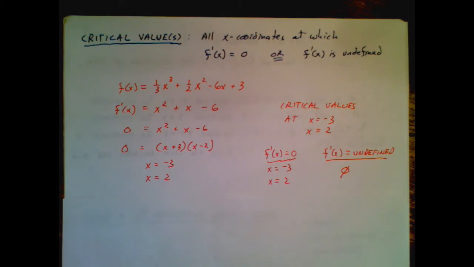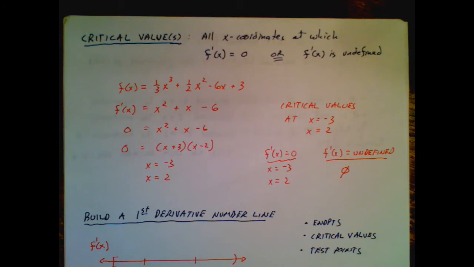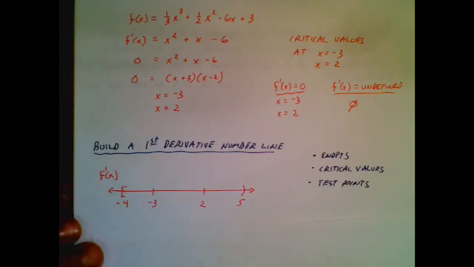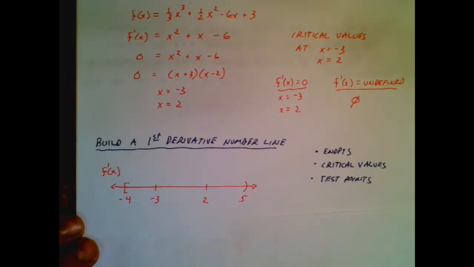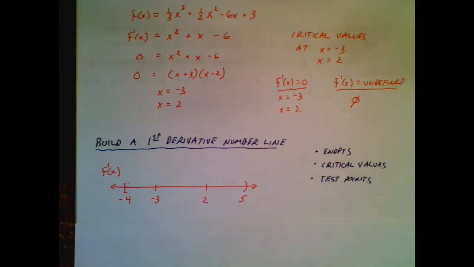So the next question is, why did we find those critical values? We find those because we're going to build what I call the first derivative number line. All right, so let's take a look at that thing. This is a brand new concept to you probably. I write down that's a first derivative number line because later on we're going to do a second derivative number